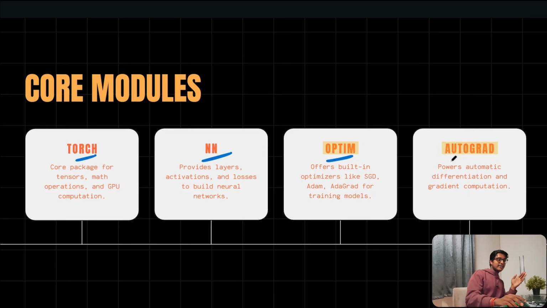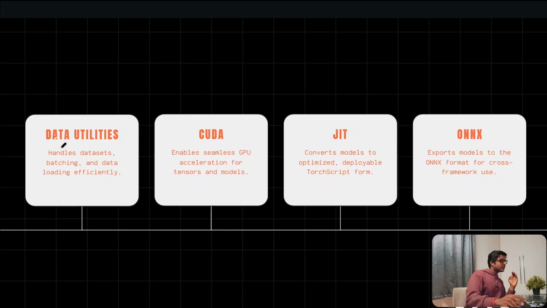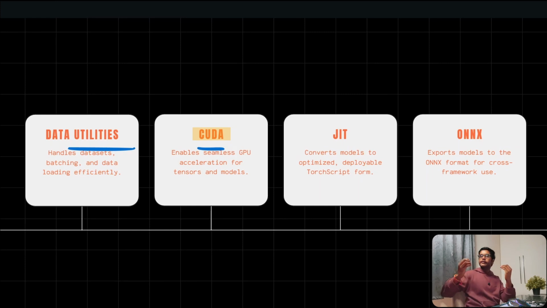Next up, AutoGrad. This is the automatic differentiation engine, so that in our backpropagation algorithm, we don't have to sit and manually compute all the gradients, which would probably take ages. Next, PyTorch provides us data utilities, which we use in handling our datasets very efficiently. Next up, the CUDA module. This is what handles the GPU operations and makes computations lightning fast by utilizing the GPU whenever we are doing